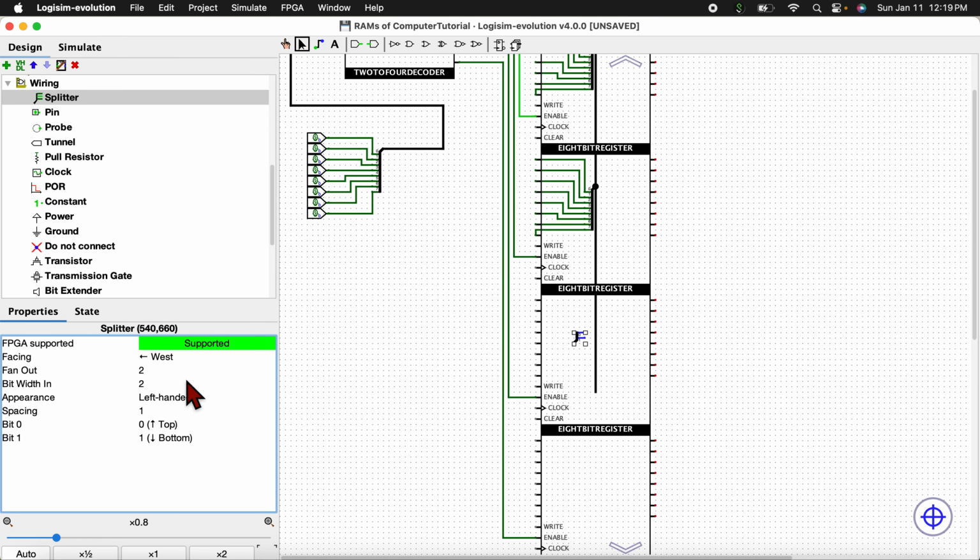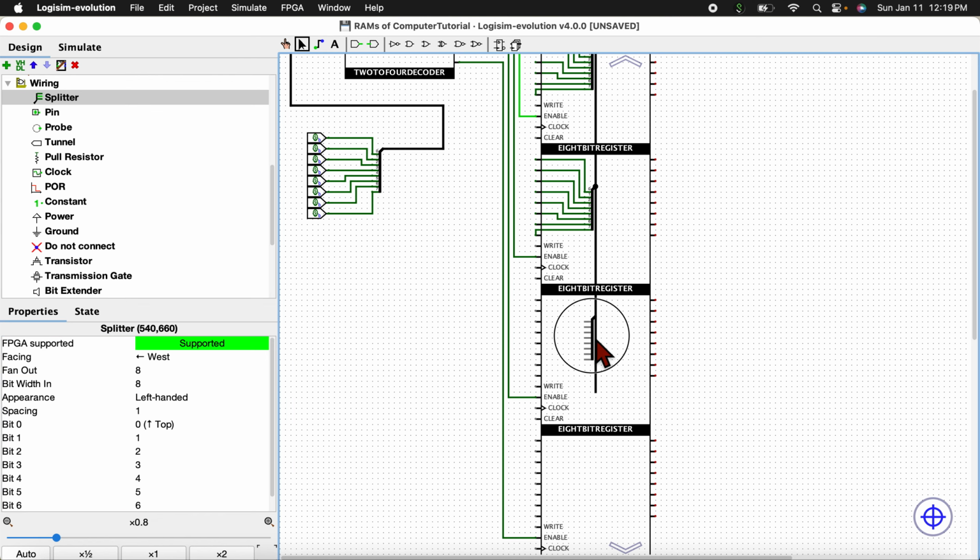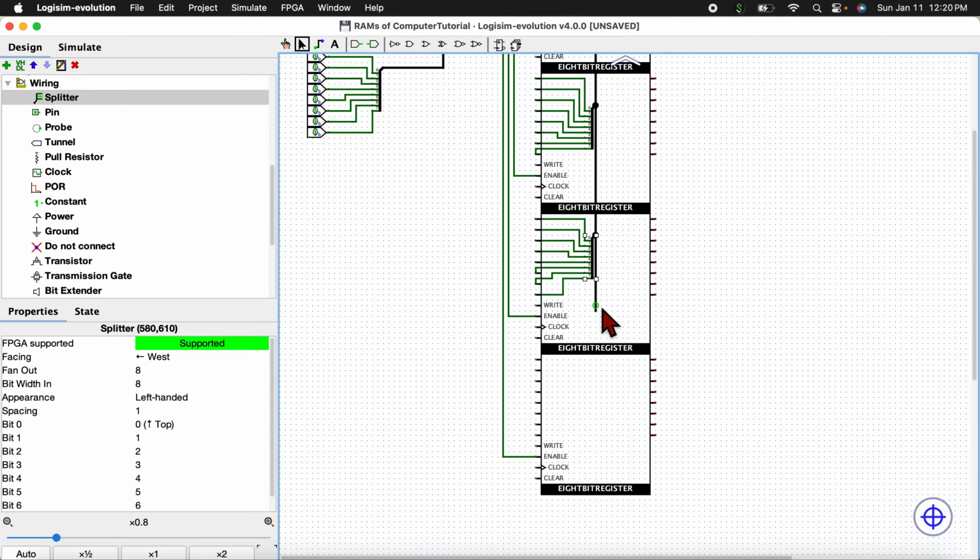Get the third one. And then the last one